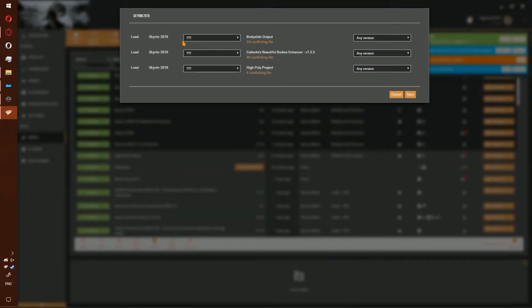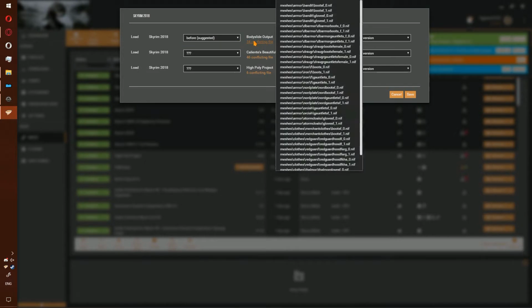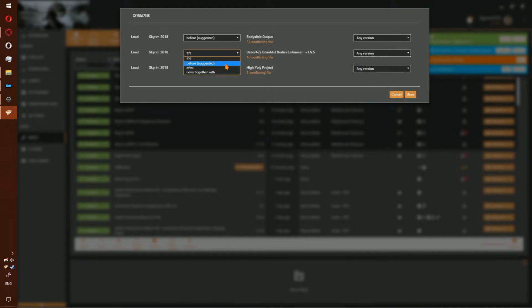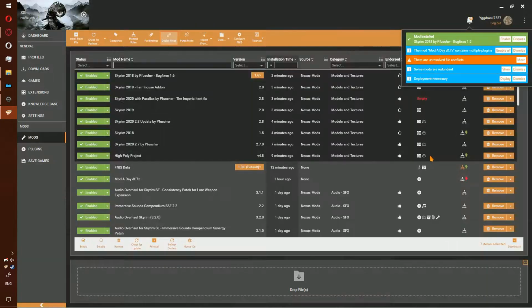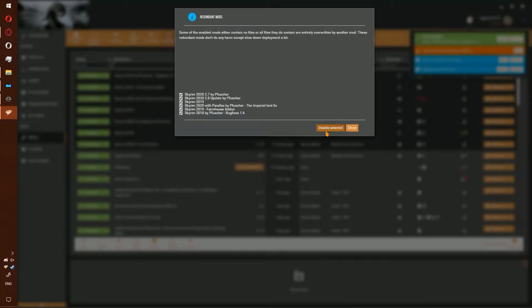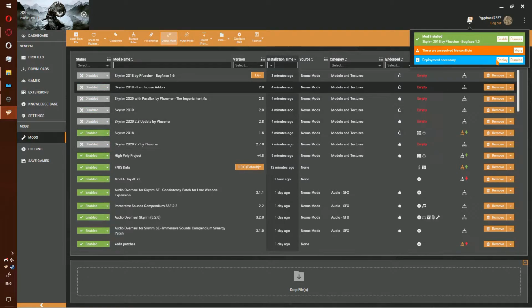Click the red lightning bolt beside 2018, have it load before BodySlide output. Have it load before CBBE, and after High Poly Project. Hit save. You can go ahead and disable the redundant mods, and once you have done this, you'll need to